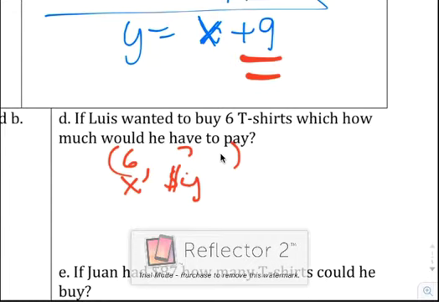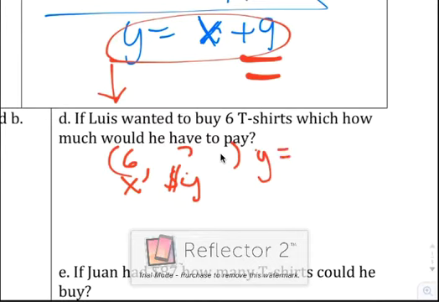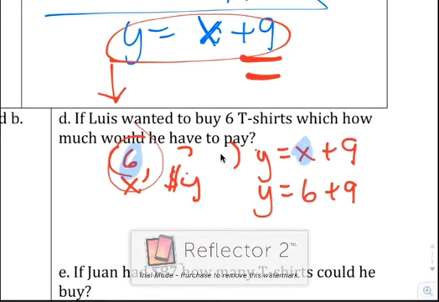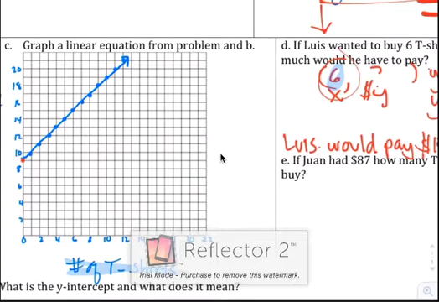So here, we use this equation up here for that problem. Y equals X plus 9. We got X is 6. Substitute X is 6 in here. Y equals 6 plus 9. Then it's $15 for 6 t-shirts. Luis would pay $15. Let's check with the graph. 6 t-shirts, hey, $15. Perfect, same thing